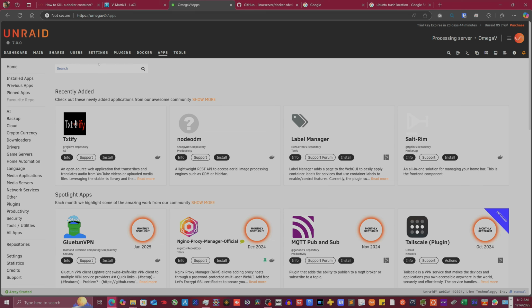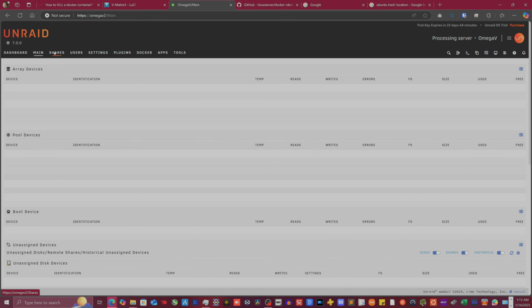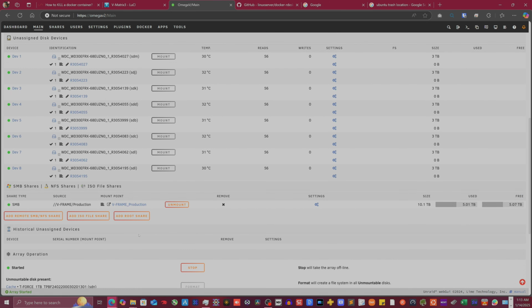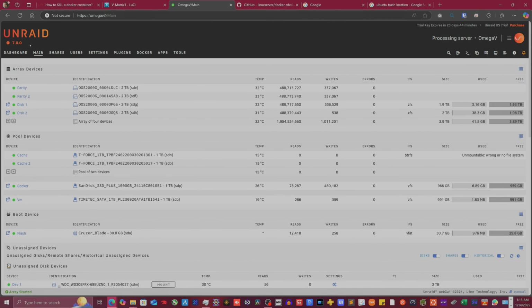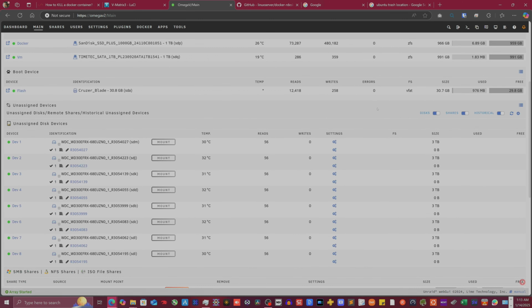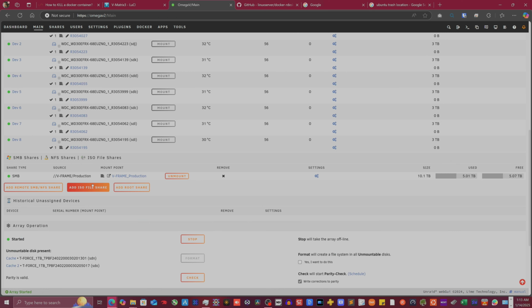Second thing is that I think I did say earlier about using the remote share. Turns out this is going to be hit and miss for you. Sometimes this works, sometimes this doesn't, and I don't know if that's because of the new Unraid 7.0 update or the update on the container. More than likely it's an update on the container that makes this a little bit less reliable, because I used to be able to just use this without any problems whenever I'm writing files to it. No longer the case. So what you're going to need to do is make an SMB share,